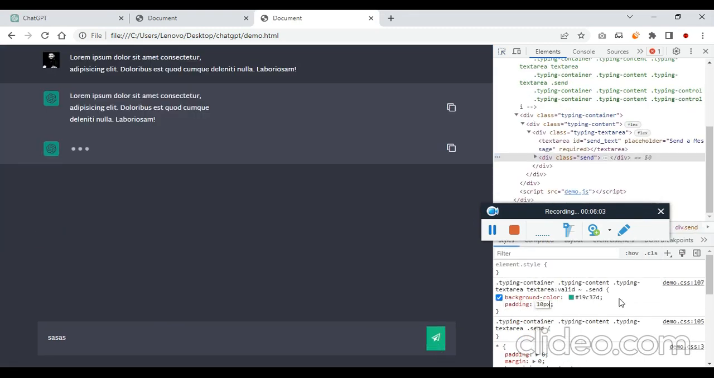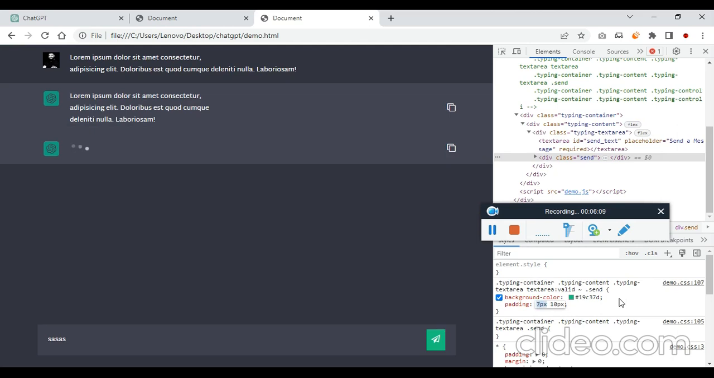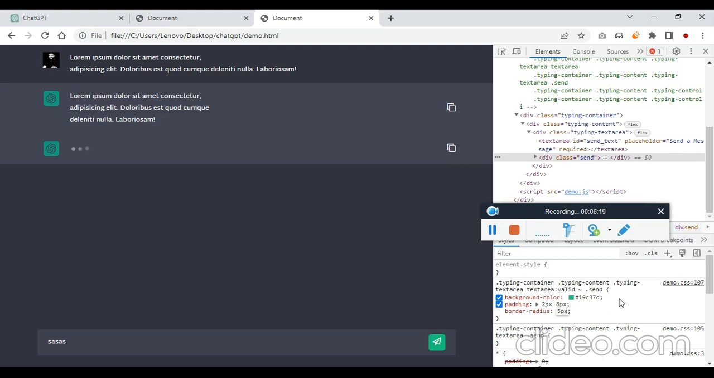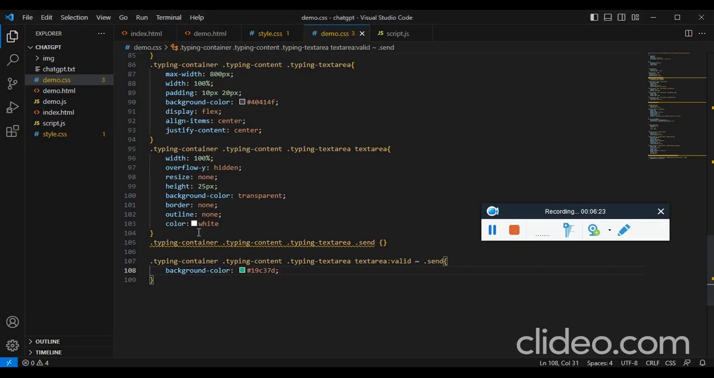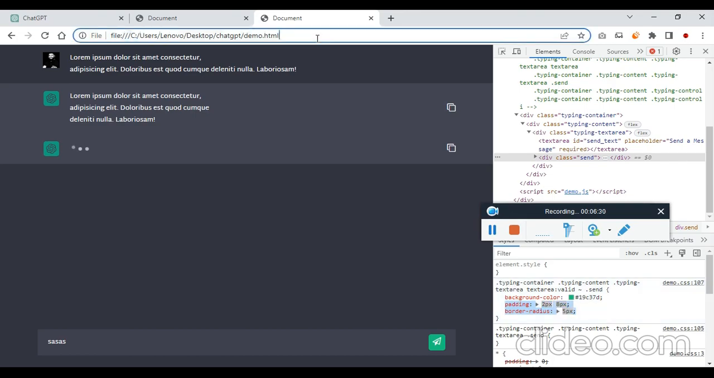Padding 10 pixel, top, left and right, top and bottom 8 pixel. Cool, and border radius be 5 pixel. You can just copy this and paste it to the send button, and only when it's valid we can give the color. Refresh it,